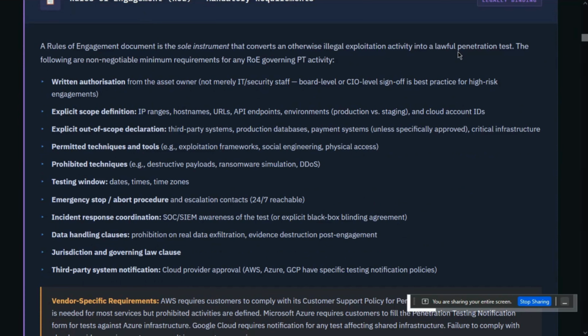For example, this is part of the pen test. They have to specify the scope and explicit out of scope. What is not part of a pen test should be explicitly specified, and what is permitted and what is not permitted. For example, what if there is a login screen and you would like to do a brute force attack against